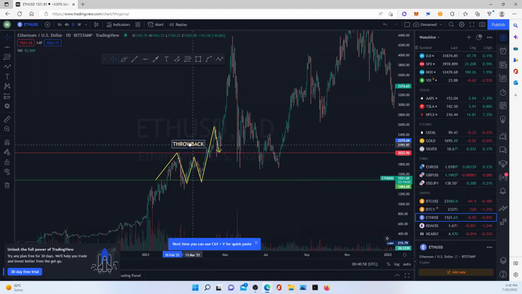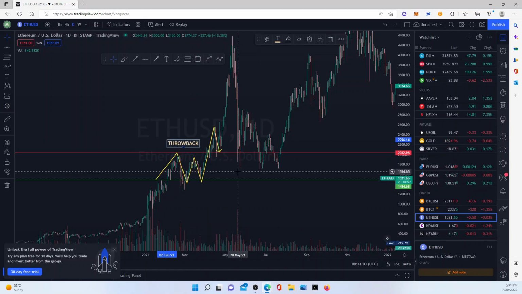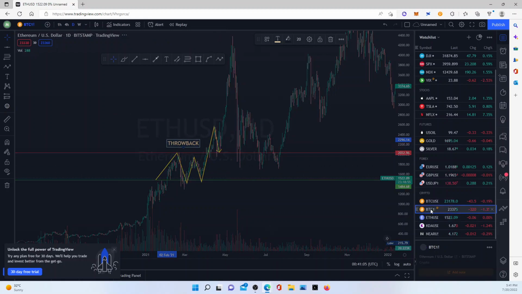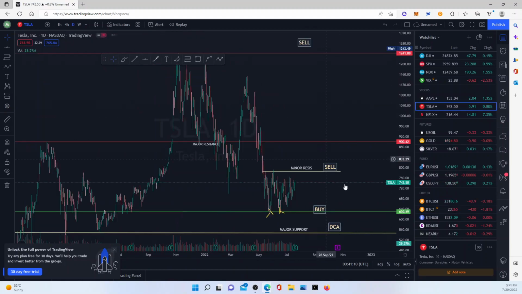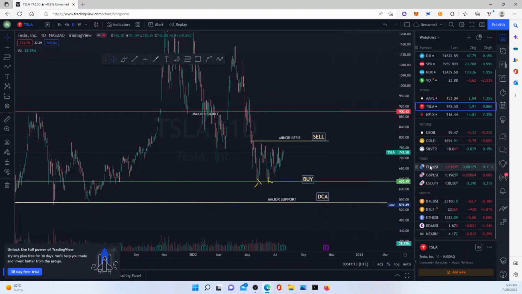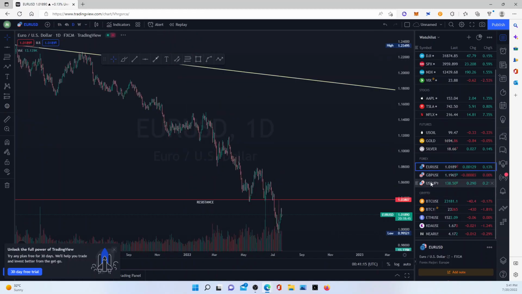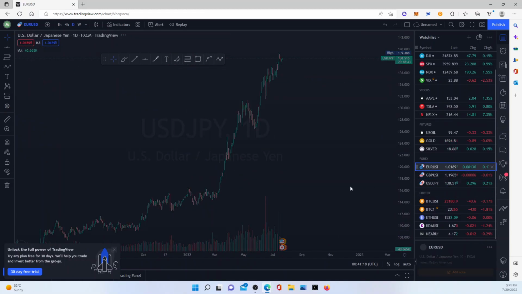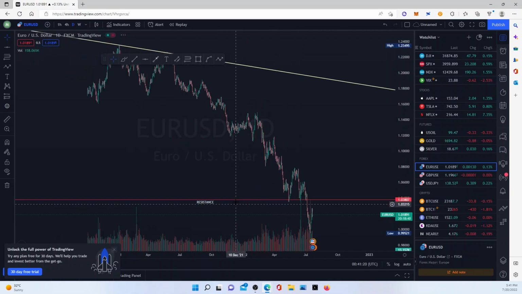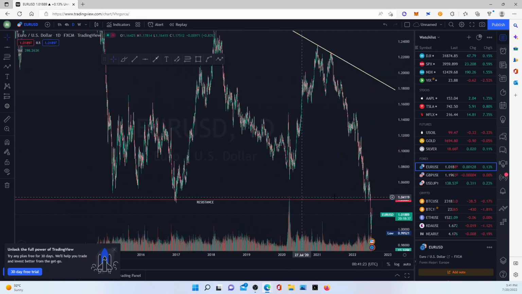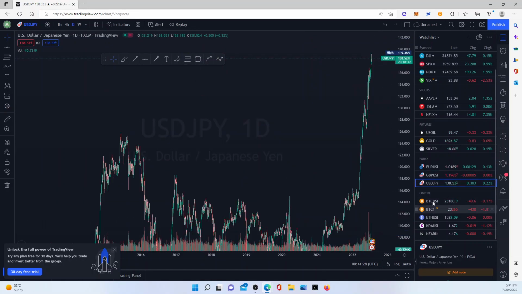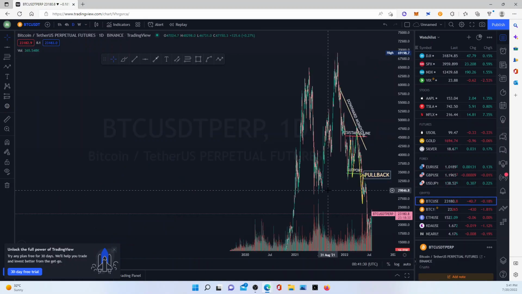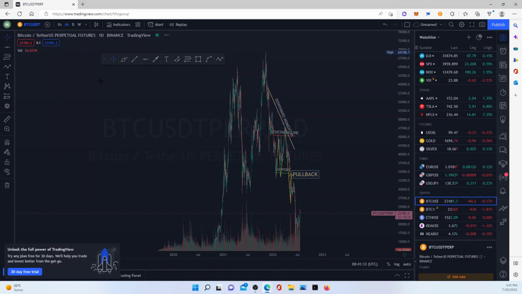Throwback is very simple, meaning that the price was going up, and it was thrown back to its previous support. And if you look at where I drew it, I think I drew it in Tesla maybe, yeah. No, I didn't draw it in Tesla. Where did I draw it? Maybe in Euro. Let's see. I drew it here. Where was it? Can't find it. But if you go back in the video, inshallah, you'll be able to see it. It was BTC, and I drew it in the 4 hourly time frame.